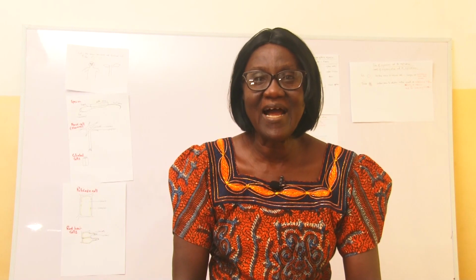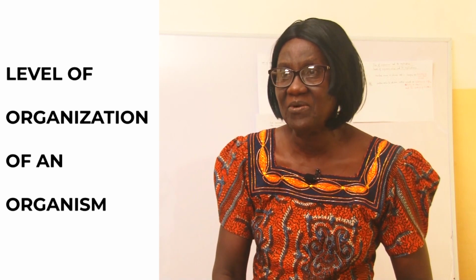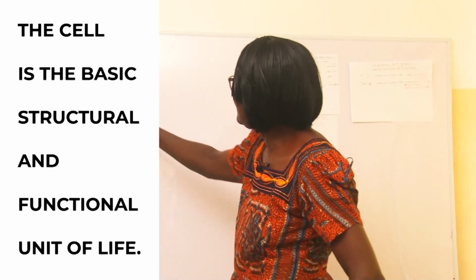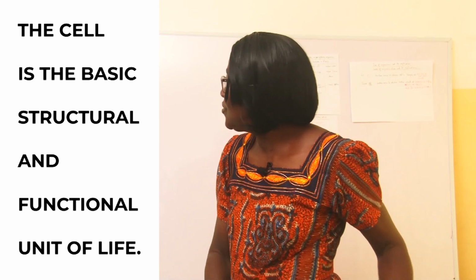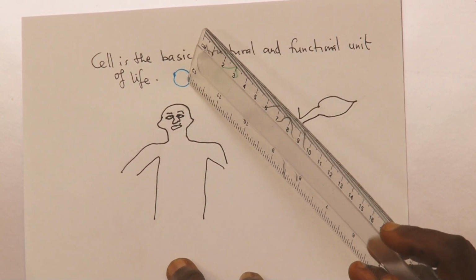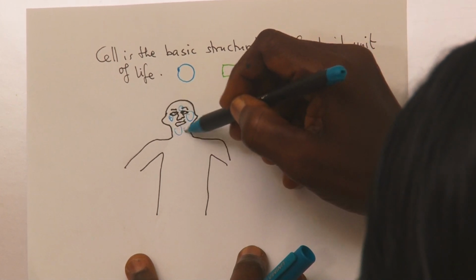Today we are looking at levels of organization of life. We are going to look at how cells are organized in the organism. You remember we talked about the cell as the basic structural and functional unit of life. So if I have a cell like this one, it means the whole organism, every structure of it,